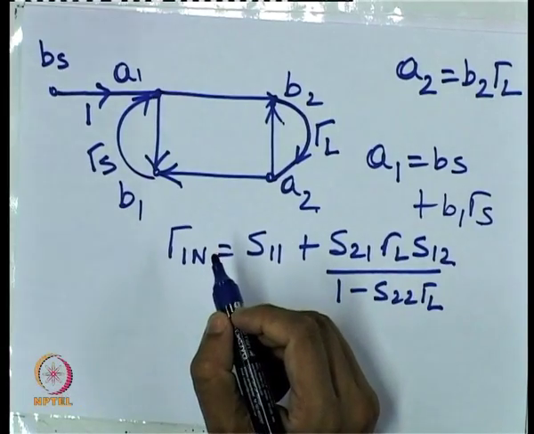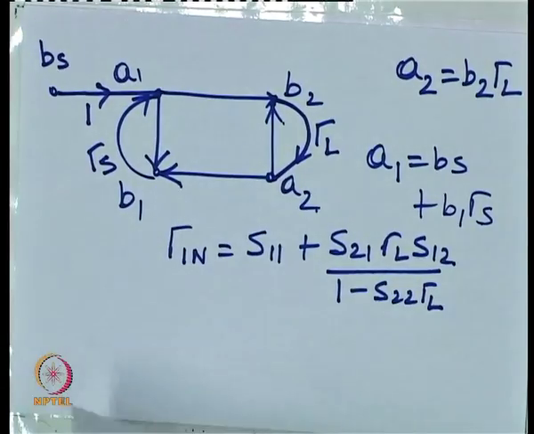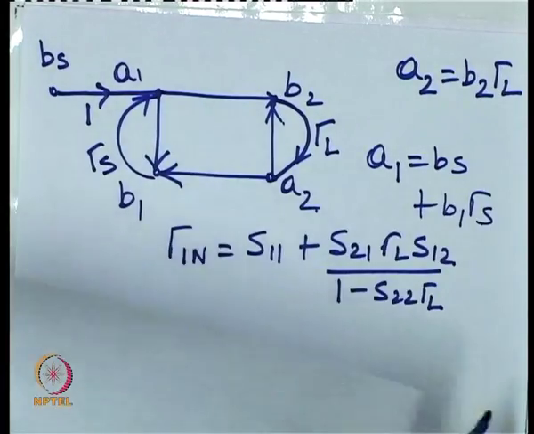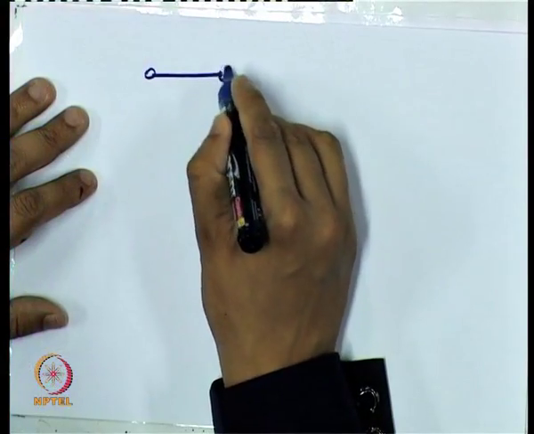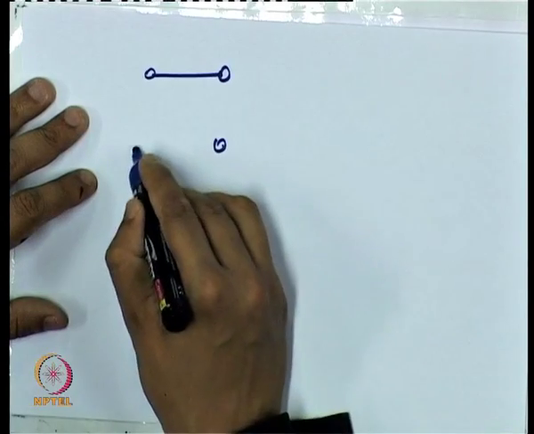This is for our 2-port network with both the load connected to ZL and the source connected to a generator with internal impedance ZS. Now for this, let us just see the load, since we are trying to find out gamma in. Let us just draw the circuit with the load in it. So the signal flow graph diagram with just the load will be